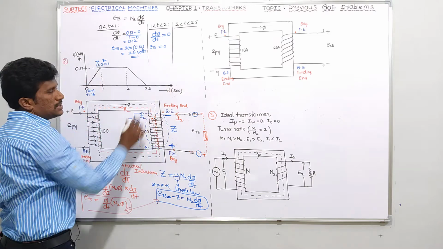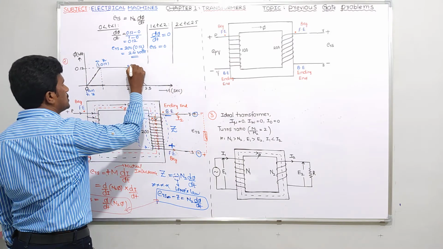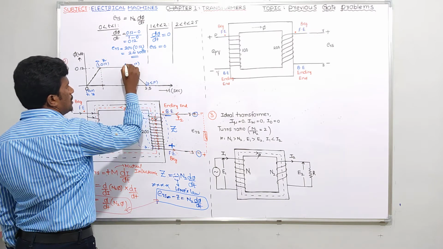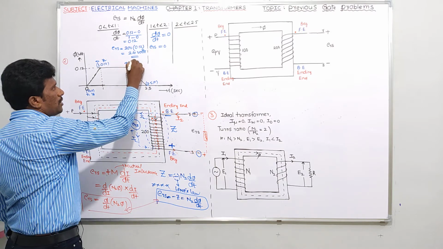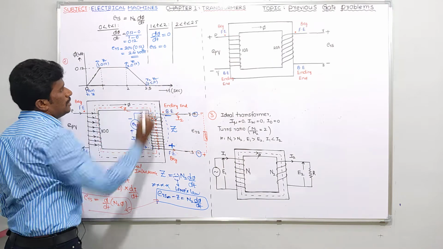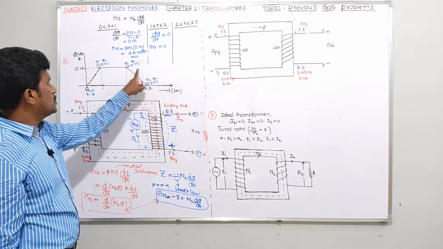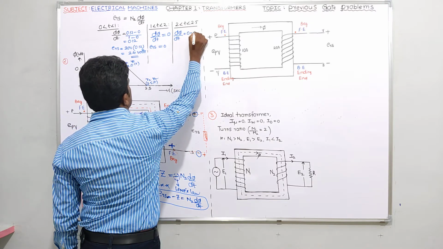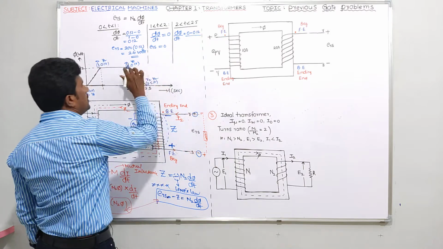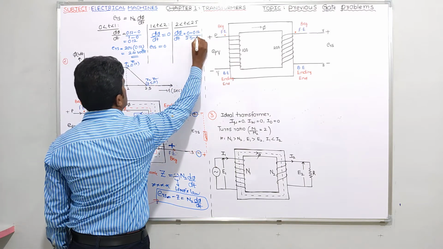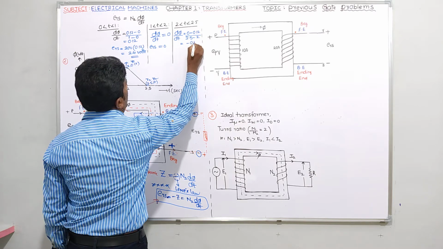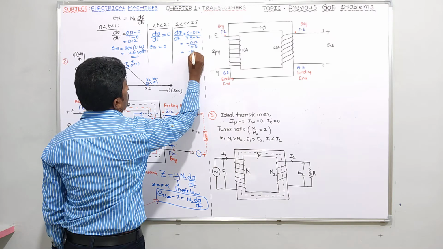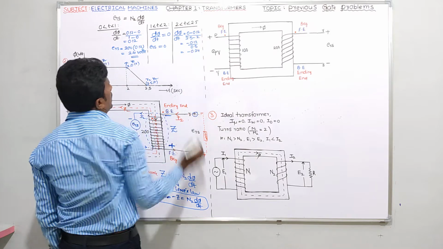Now what about 2 less than t less than 2.5? The point here is 2 comma 0.12, and the other point is 2.5 comma 0. If we go like this, the first becomes x1, y1 and the second becomes x2, y2. Now tell me y2 minus y1 by x2 minus x1: 0 minus 0.12 by 2.5 minus 2. So what is this value? Minus 0.12 by 0.5, you get minus 0.24. Please try to do the calculation from your side.